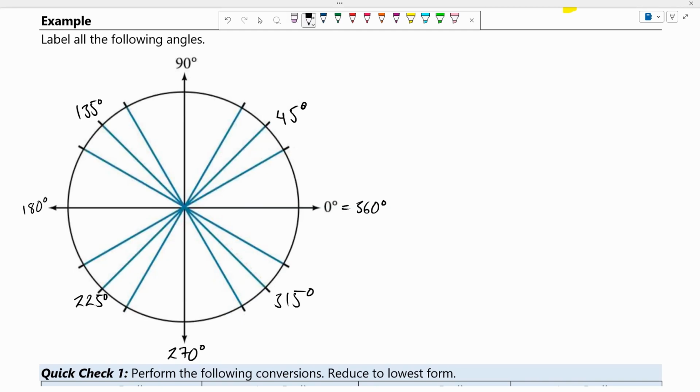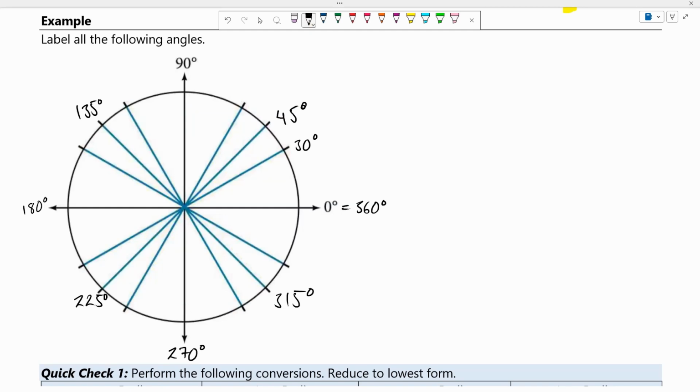The next couple I want to add are these two here, these two here, these two here, and these two here. These slice each one of the quarters. This one sliced that quarter in half. This one and this one slice this quarter into thirds. 90 divided by 3